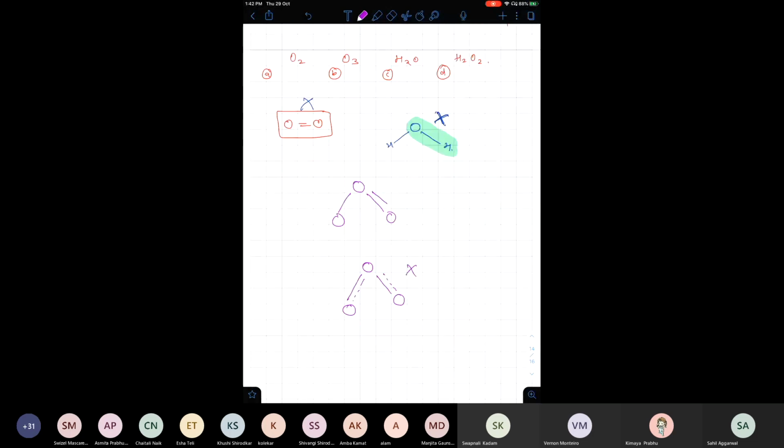We are looking for single bond. ये भी गलत हो गया।